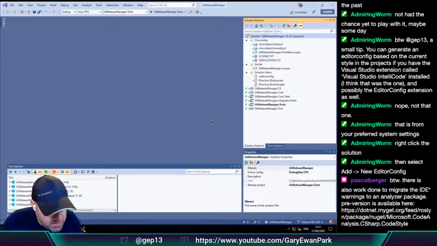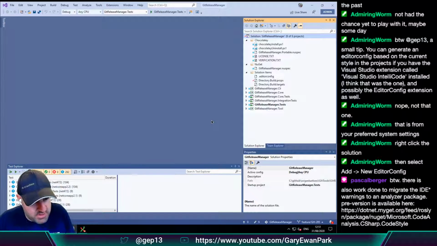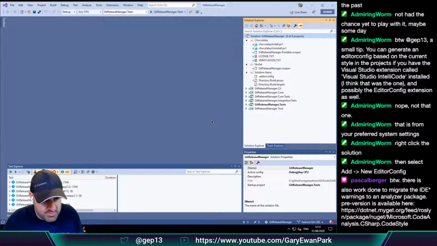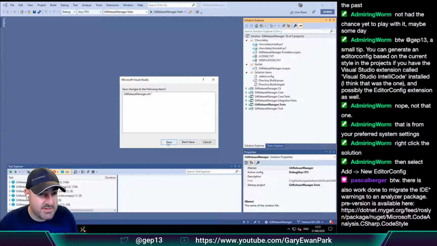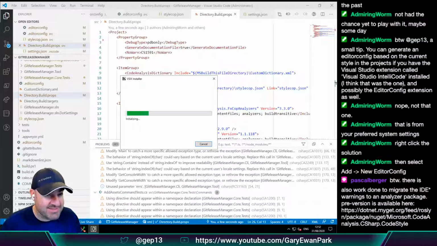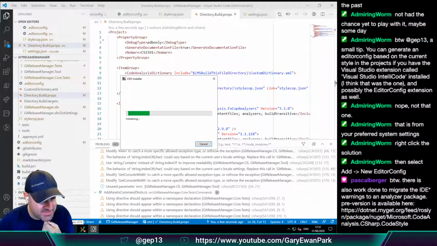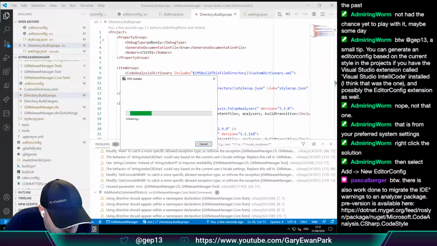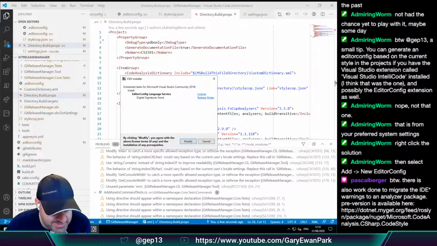There's also work done to migrate the IDE warnings to an analyzer package, pre-version made. Oh, hold on. Hold on. You're all just throwing things at me now. Hold on. Let me get this extension installed. There is also work done to migrate the IDE warnings to an analyzer package.